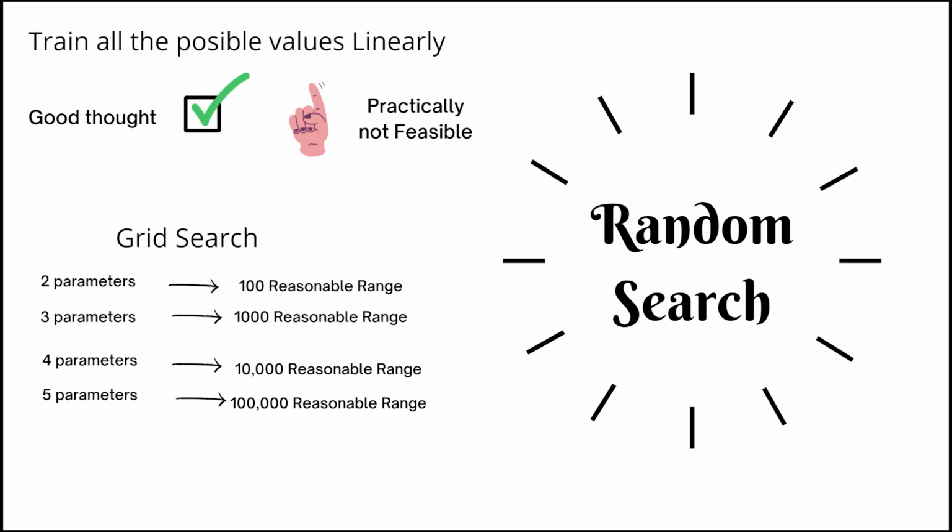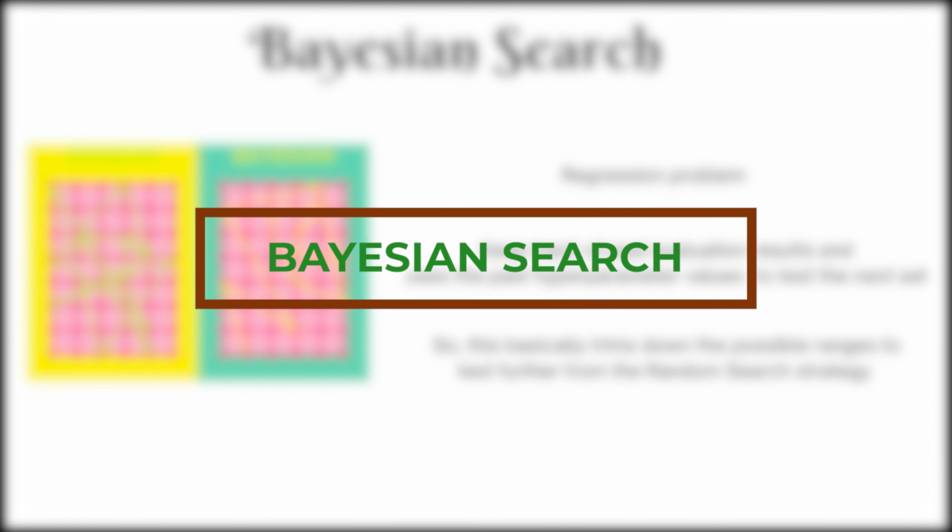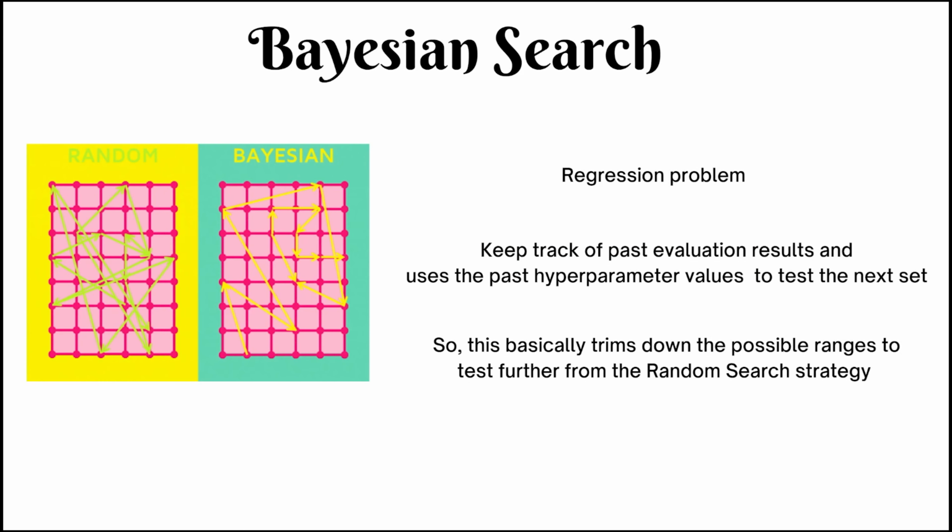Now it comes to mind, why can't we treat hyperparameter tuning just like another machine learning problem? That is what we are going to do in our next tuning strategy, which is called Bayesian search. Here we treat hyperparameter tuning like a regression problem. To solve it, hyperparameter tuning makes guesses about the hyperparameter combinations that are likely to get the best results and runs training jobs to test these values. Once it has tested the first set of hyperparameter values, hyperparameter tuning uses regression to choose the next set of hyperparameter values to test.